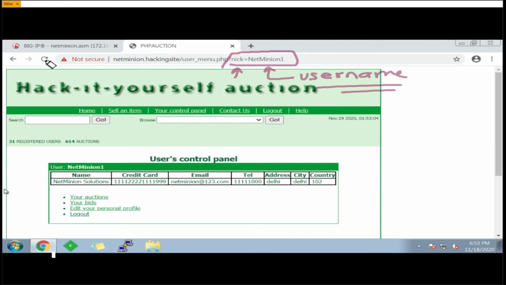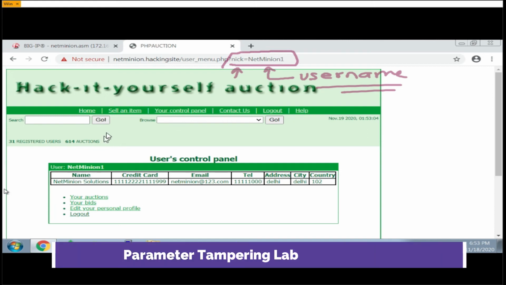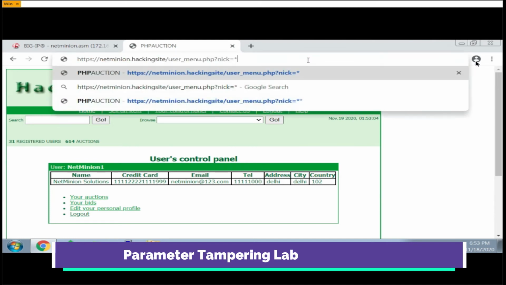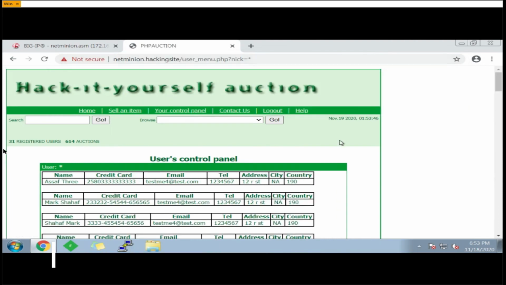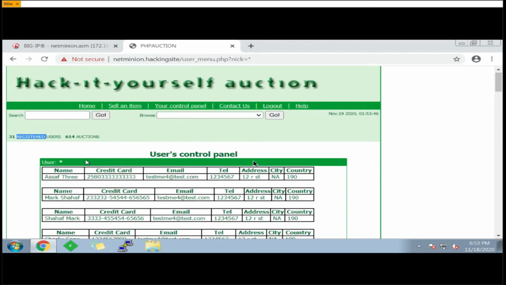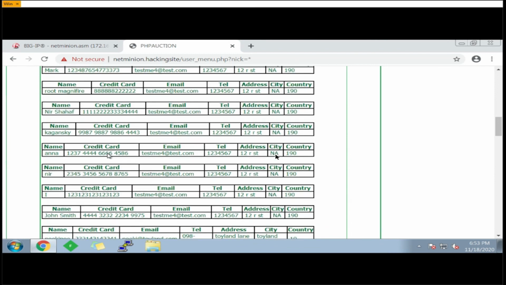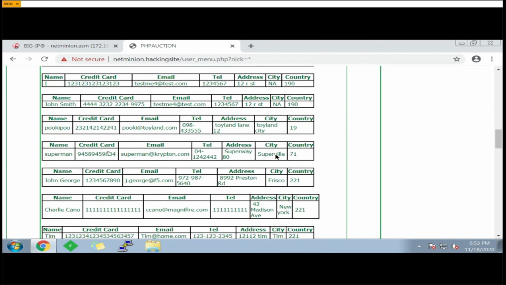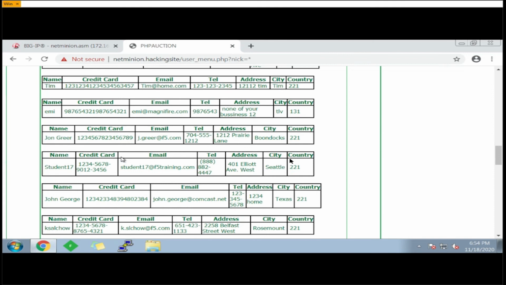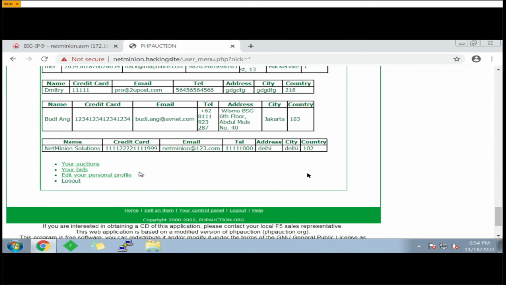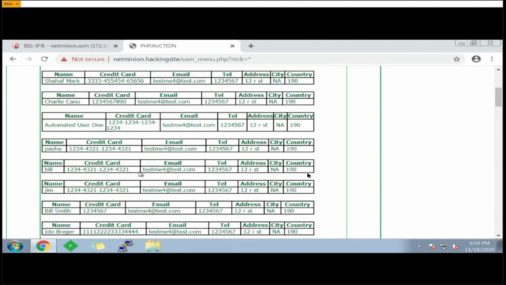Let us first tweak this parameter and see what the result is. I am tweaking this value, putting a star, and pressing enter. Are you able to see 31 registered users, and I have the data and the credit card of all of them? I have the mail address, the address, the telephone number, which is not a good thing,